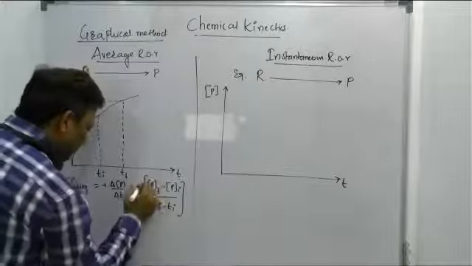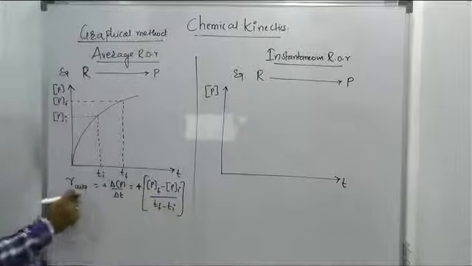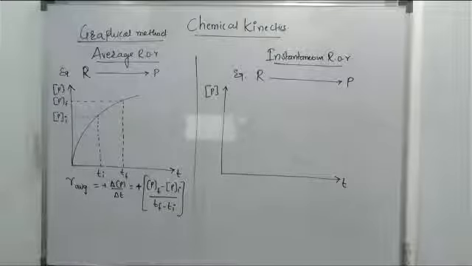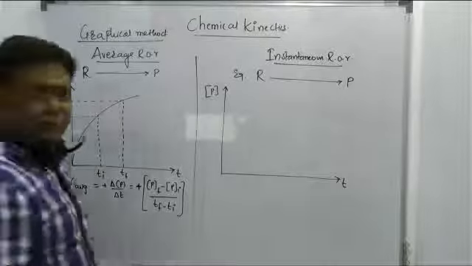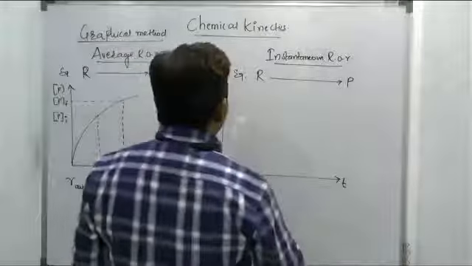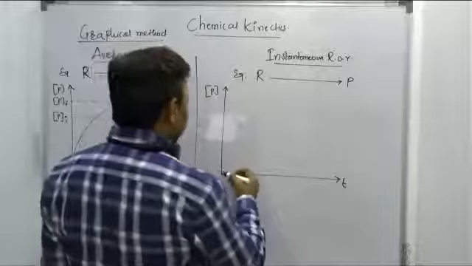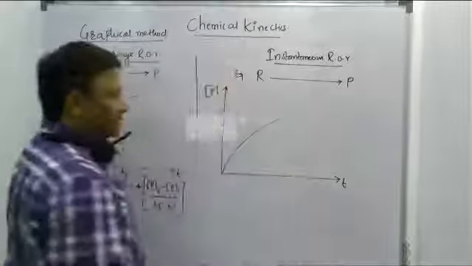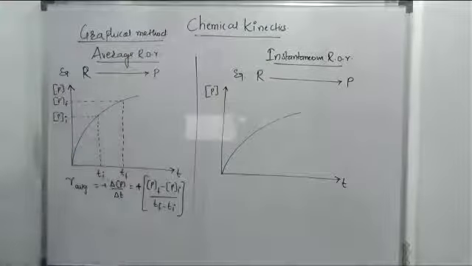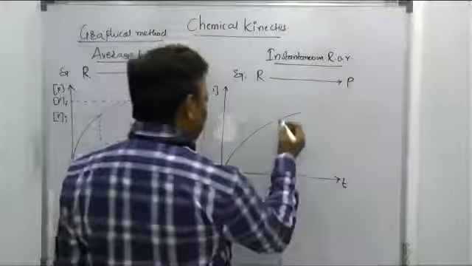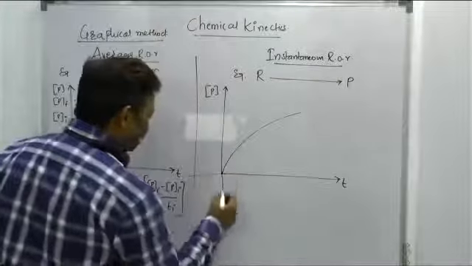And this positive sign indicates that there will be an increase in the concentration of product in that particular interval of time, right? It is the average, we can say. But for instantaneous, what will happen here? For instantaneous it is increasing, right? But in this case, if you want to find the slope, how? See, beta, slope.